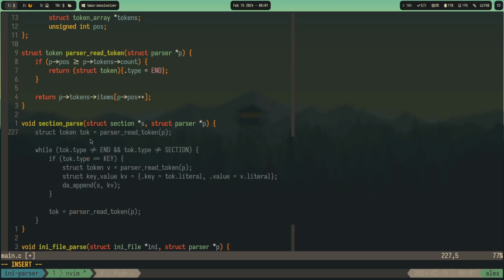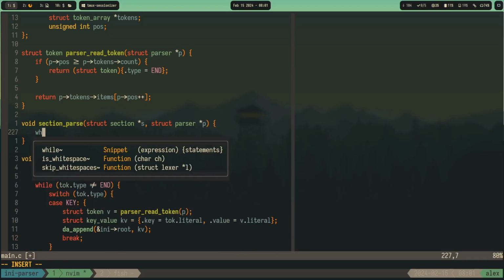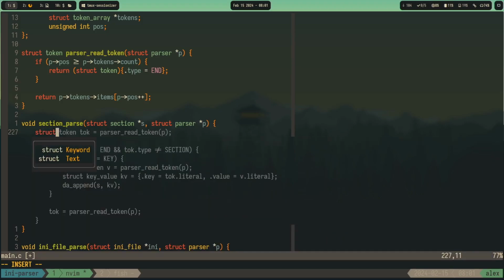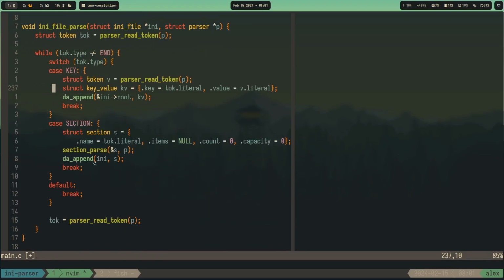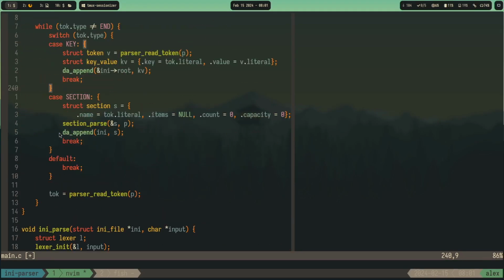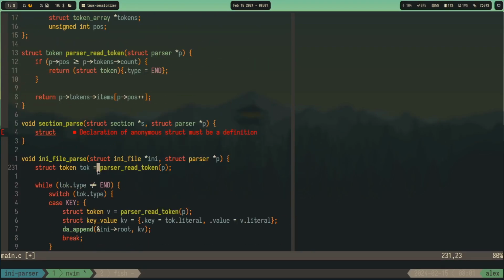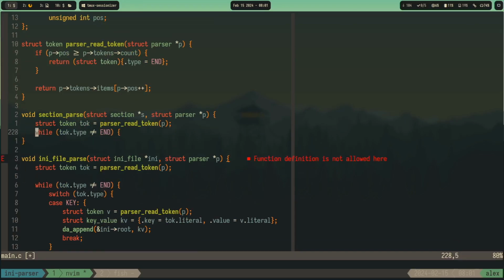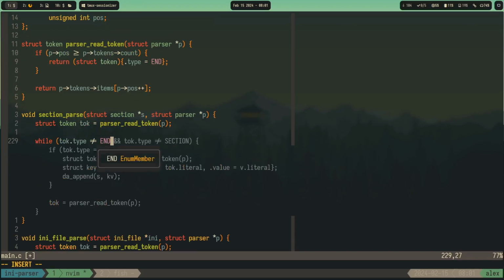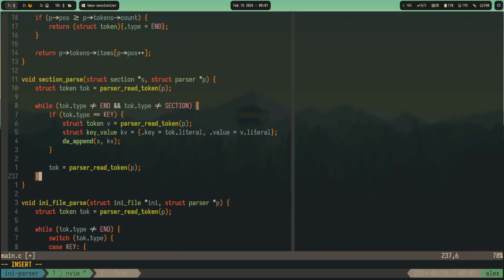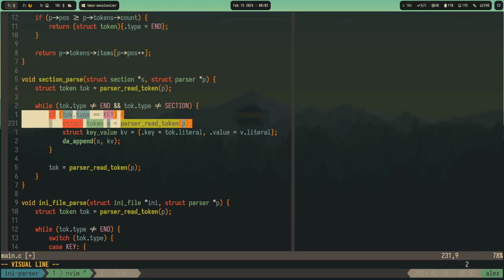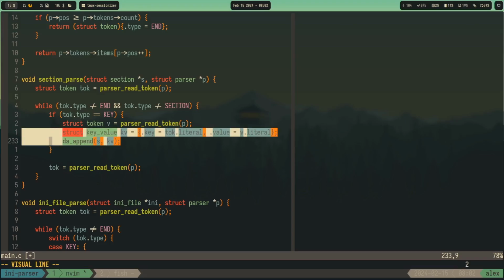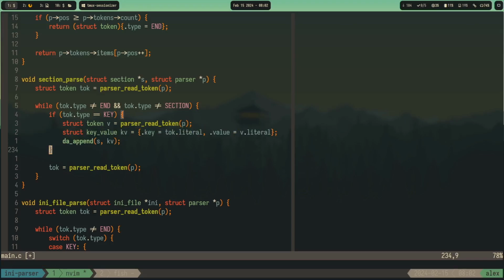So we need to read the first token. While we are not at the end and we are not encountering another section, right? If we find a key, we read its value and we append it into the section,